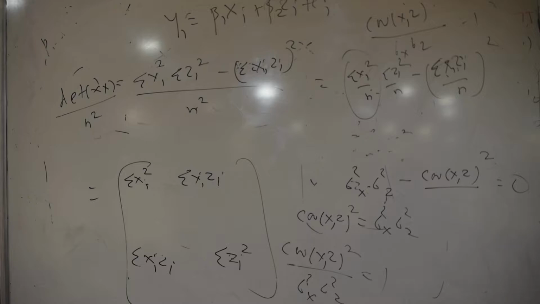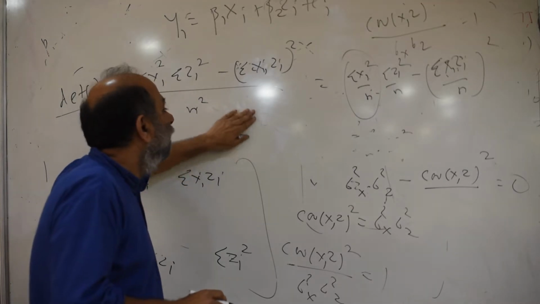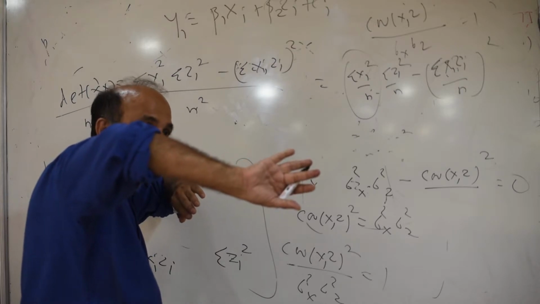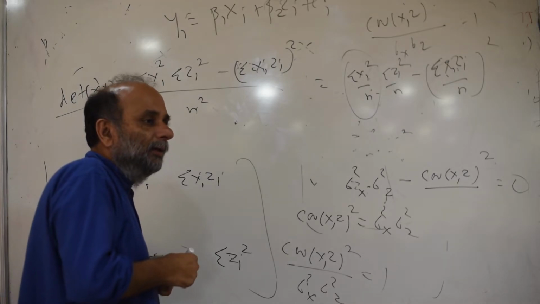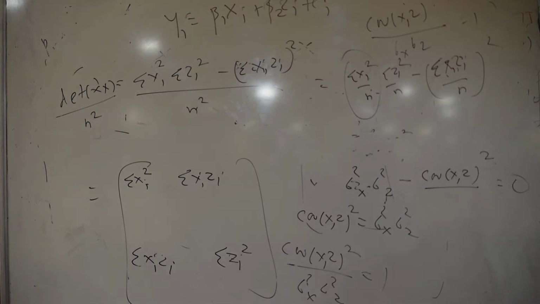When you are doing xi square by n, that is variance. Because I am not putting an alpha here, you think of all these variables as variables from which I have subtracted their individual means already, so their means will be 0. So suppose I scale all the variables by taking their means off, right?